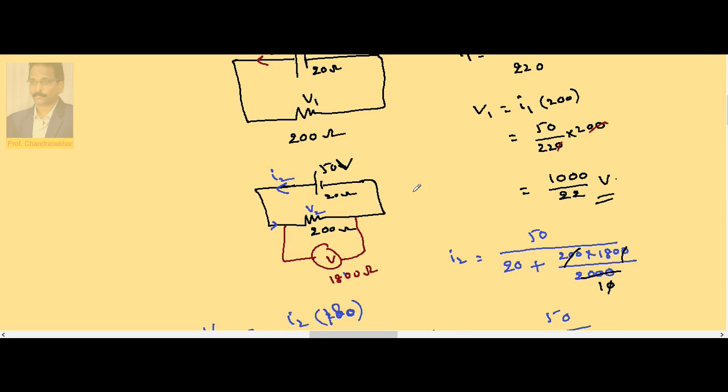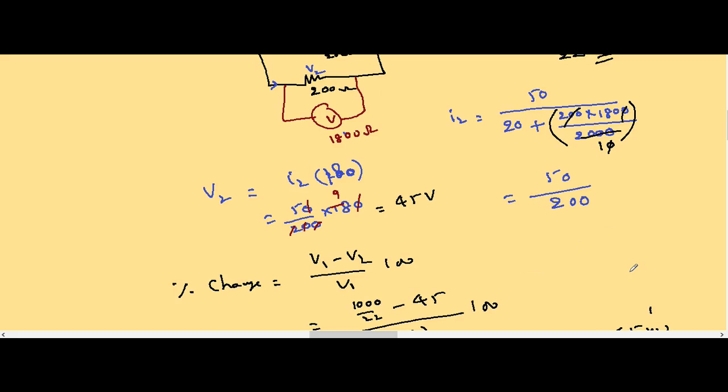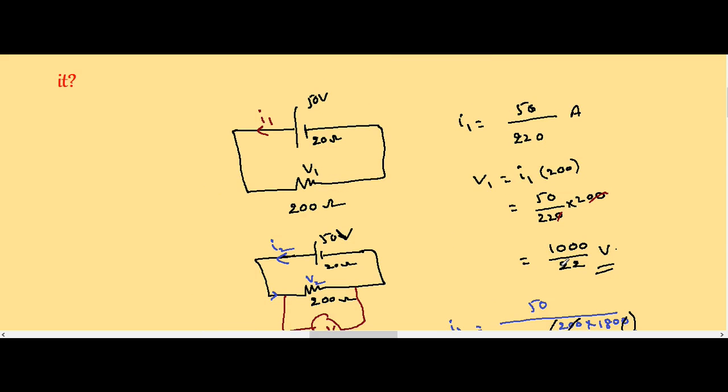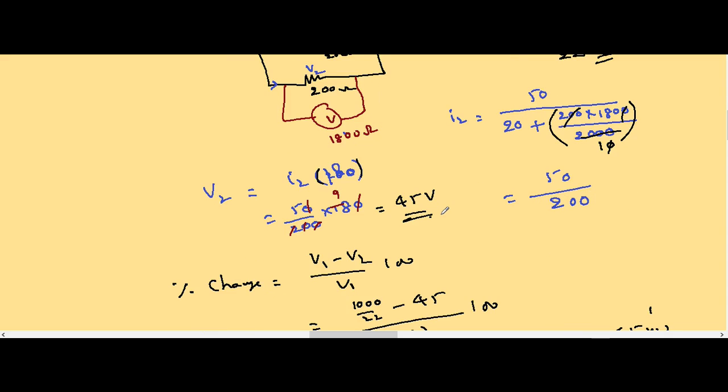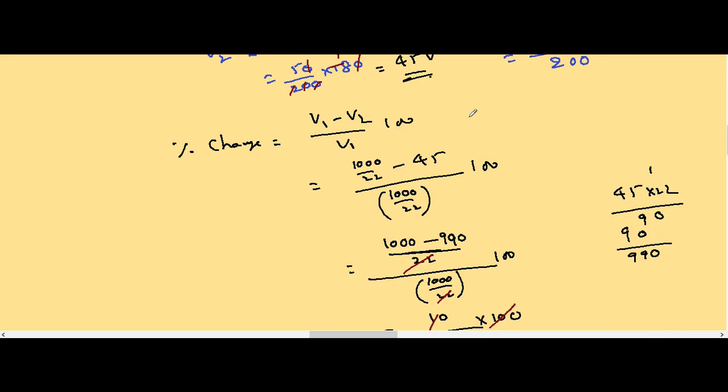So the presence of the voltmeter changes the resistance across this one. That effective resistance we already calculated. This is the effective resistance 180. So in the second case, voltage is current multiplied by the effective resistance 180 value, 45 volts. Without voltmeter reading is 1000 by 22. With voltmeter reading is 45 volts. So percentage change, if I calculate this the value,